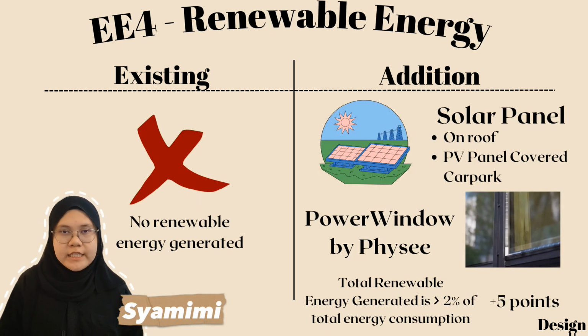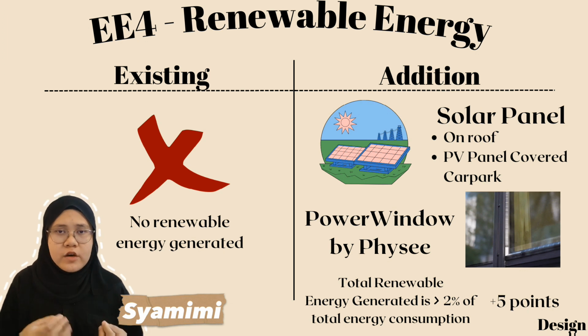For renewable energy EE4, initially there is no provision for generating renewable energy. Thus, adoption of PV panels on the roof and car park is applied. PV panels in the car park also serve as shades while generating energy. Power window technology is used for this building. This technology places small solar panels on the edge of the window,